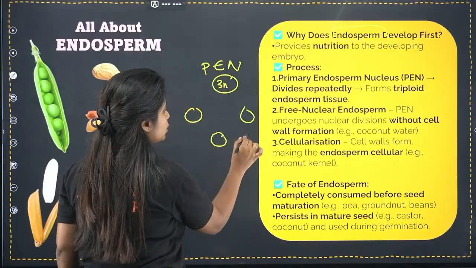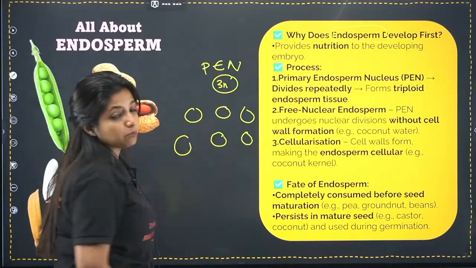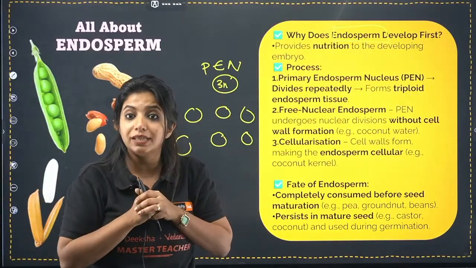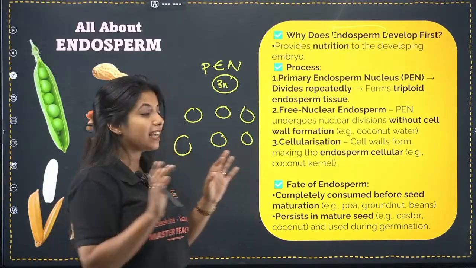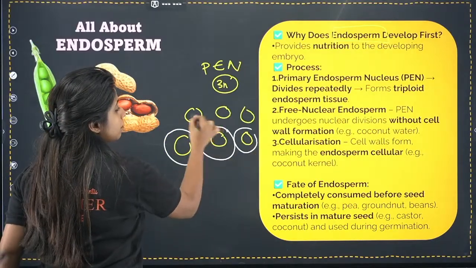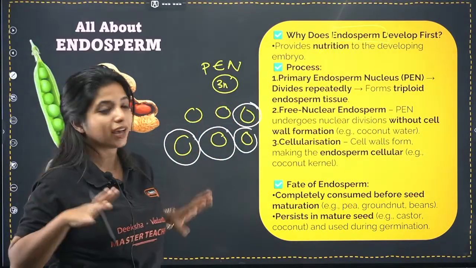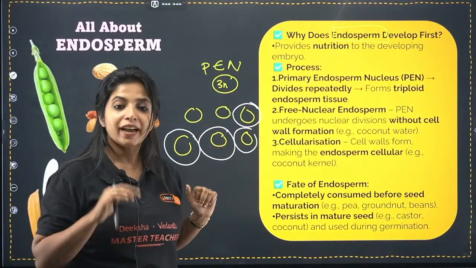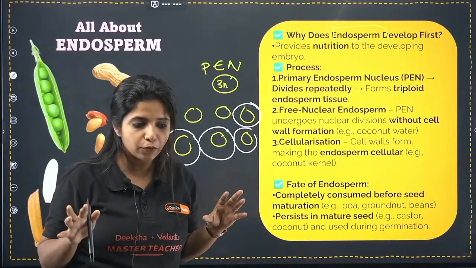When I say that these nuclei are formed, you need to understand one very important thing. The nucleus is not covered by a cell wall immediately. Some of them just stay like that. Some of them are covered by a cell wall. Some are totally covered by the cell wall. And do you have a different name for all of them?